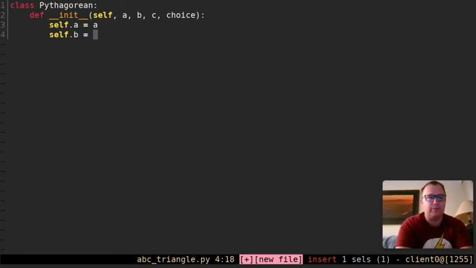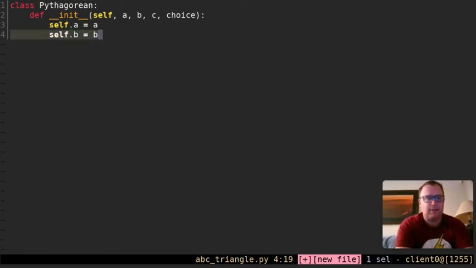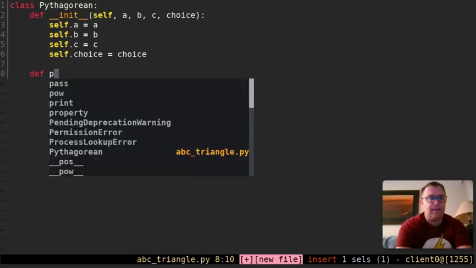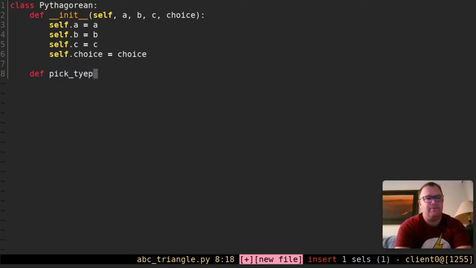So self.b equals b, and I can actually escape and go XY and paste. And then let's go down here, RC, that's replace C. And then let's just type out the next one, self.choice equals choice. Okay. All right, and I want to keep my indentation very similar. So let's create another method within this class called pick problem. Okay, or pick type. That's a better description. We're going to pass in self, and